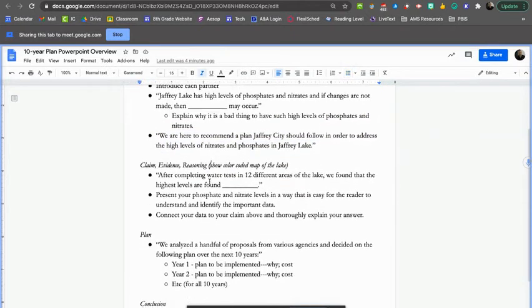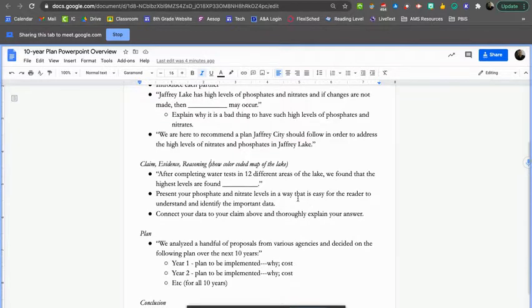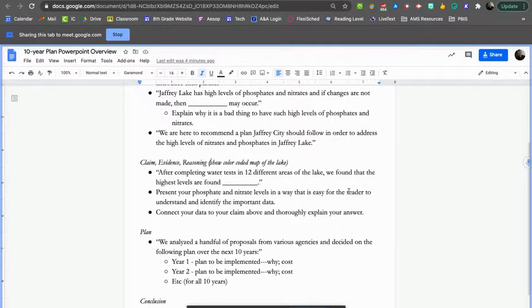Next, you'll have a claim, evidence, reasoning of where you think the pollution is coming from. This is a group claim, evidence, reasoning. You all have just submitted an individual claim, evidence, reasoning from the water testing report, and that was due last Friday, I think. Those grades are being finalized right now. If you want to do revisions on the individual portion, just make sure that you resubmit it. I will get dinged for it, and I will come back and look at it once I'm all the way through 7th period today.